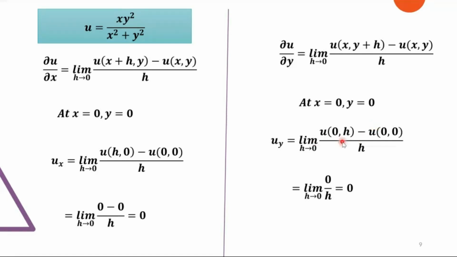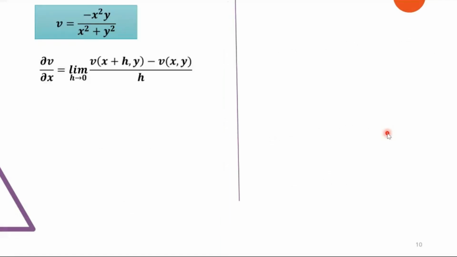सेकेंड पार्ट हमें क्या याद रखना है? ये जो u है वो फर्स्ट इंटरवल में से लेना है, और ये जो u है वो सेकेंड इंटरवल में से लेना है, इतना ध्यान देना है। In a similar way calculate vx and vy, dou v by dou x and dou v by dou y. Similarly calculating dou v by dou x, v को हमें x से डिफरेंशिएट करना है, कीपिंग y एज अ कांस्टेंट। तो y का टर्म वैसे ही रहेगा, x को हमें लिखना है x प्लस h।